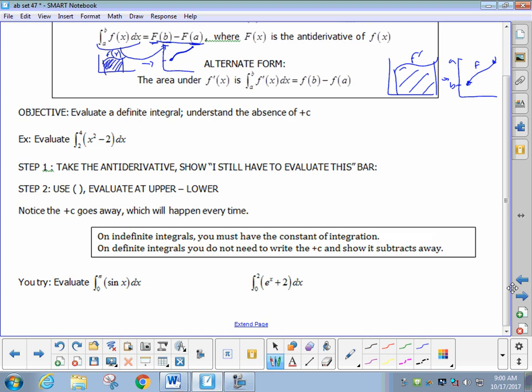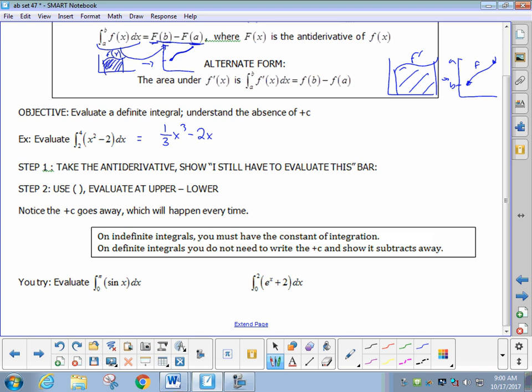So let's try doing one like what you're going to see on the homework tonight. So you have this definite integral, and they'll say evaluate. Now in the very back of my mind, I'm still thinking, okay, that's an area under the curve. But let's do that without all the graphing and all the rectangles. We're just going to do it in a two-step process. Take the antiderivative, upper minus lower. So what is the antiderivative of x squared? 1/3 x cubed, and the antiderivative of 2 is